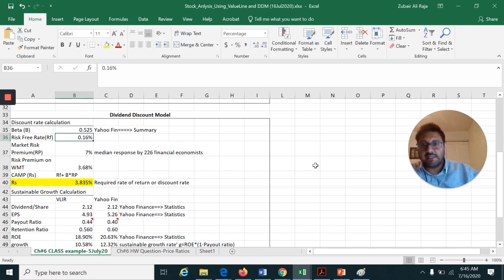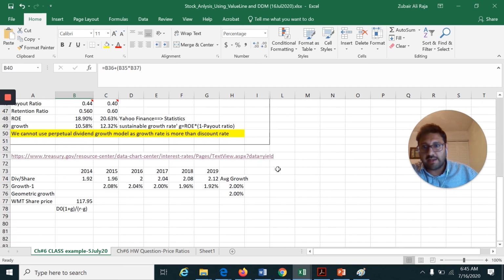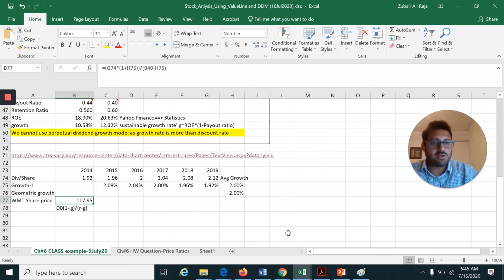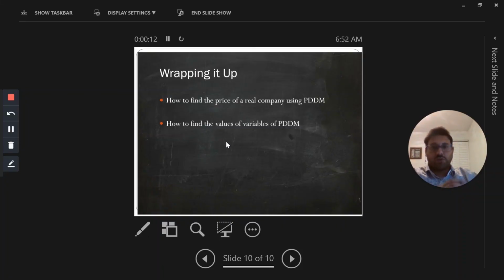So we can see that my required rate of return is this, and this is the stock price of Walmart according to this model. So I'm quickly wrapping it up now. We have seen how we can apply a perpetual dividend discount model on a real firm, which is Walmart in this case, and we have also seen how we can calculate